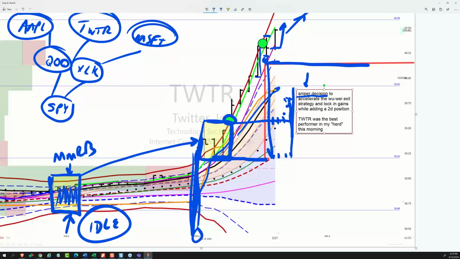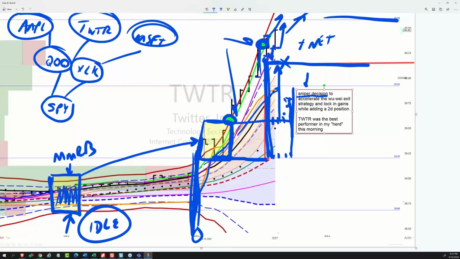And at this point, when it broke out and went higher, I added the second position. And then that was another reason to accelerate that sniper, because if my exit is hit here, then the gains that I made from the first position will offset the little losses I took on that one, and then I will still have a positive net. But now I've got two positions in as this thing is starting to go. And once it gets above that blue line, I'm just going to raise my stop and lock in the gains there. So I'm going to have a 2x science project.